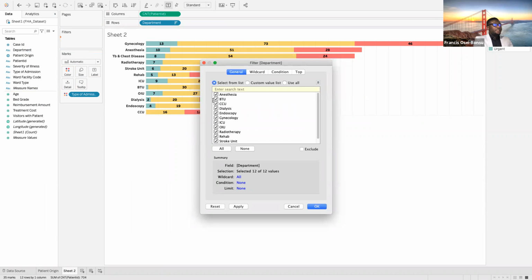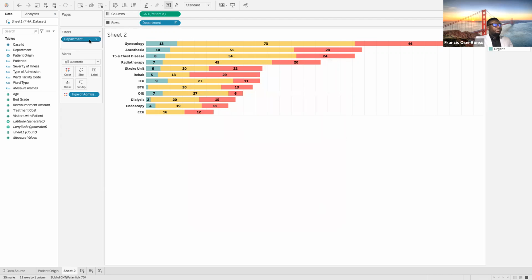like this. Then it gives you the option whether to select from this list, or maybe create your own custom value list, or maybe use all. And there are more options on top if you want to create a wildcard or condition, or maybe create a top 10 or top 2 based on the field you have, right? It cannot apply to all fields. So basically, I'll go ahead and select use all, select OK. It's available in the filters. You come back, select the drop down again, select show filter, then it will show right here,